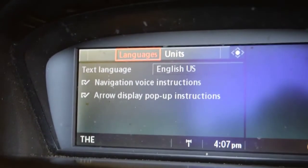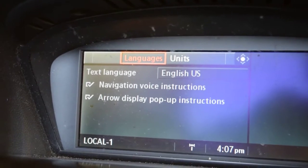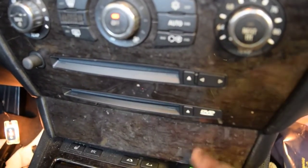Yes, this is about part 5 or part 6 of this video. Again, the car communication computer is up. We purchased a new CCC, a car communication computer. This is it right here, with a DVD for navigation purposes and